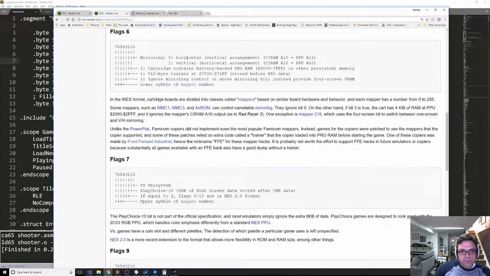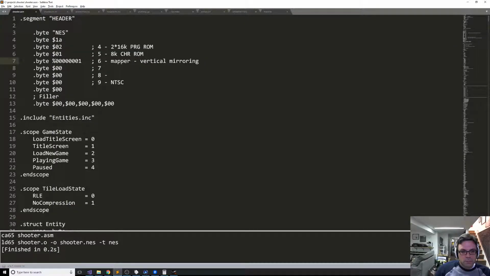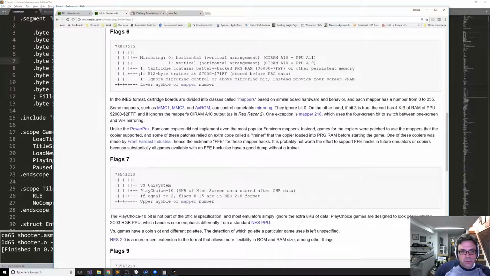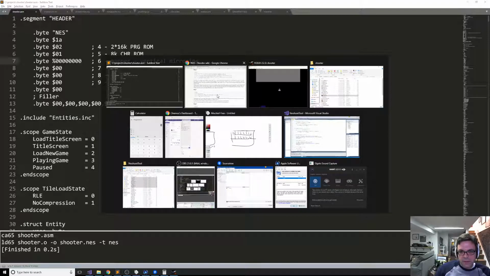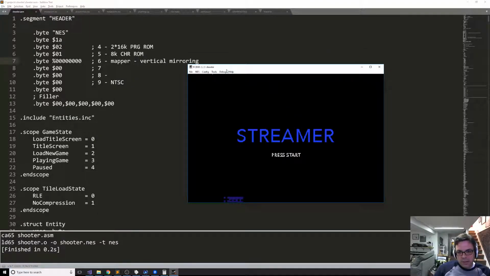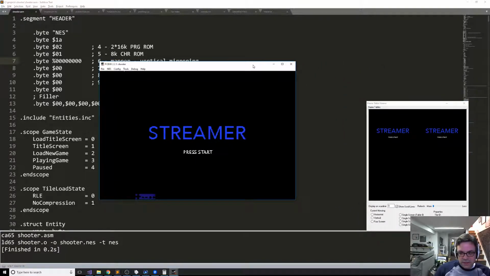No, I was right. That's vertical mirroring, which is a horizontal arrangement, so I changed that to 0. Why did that break things? Yeah, so that's right, and then